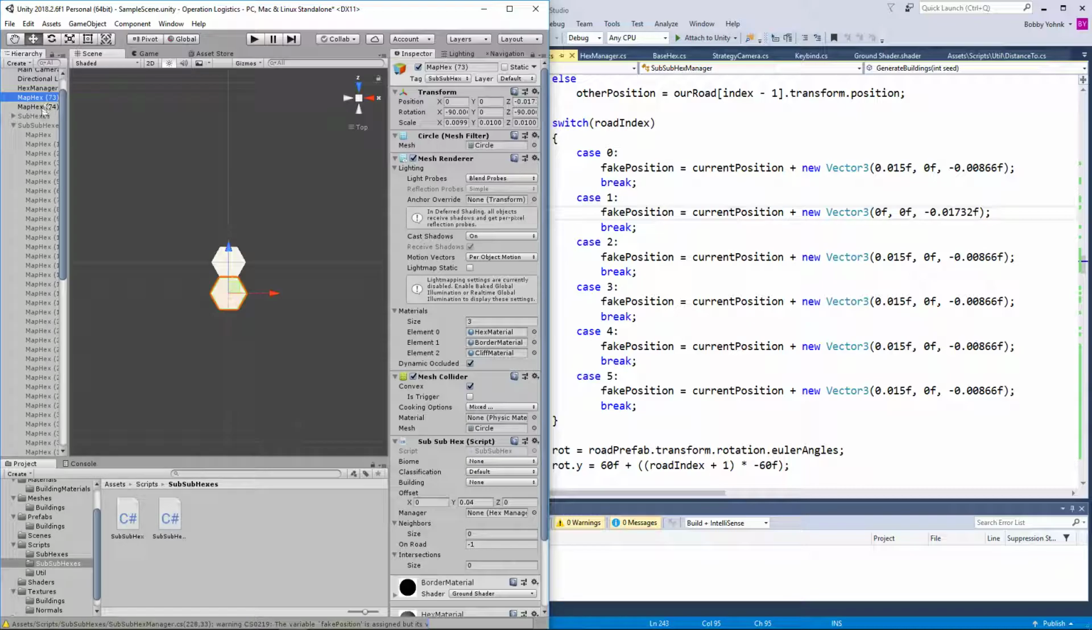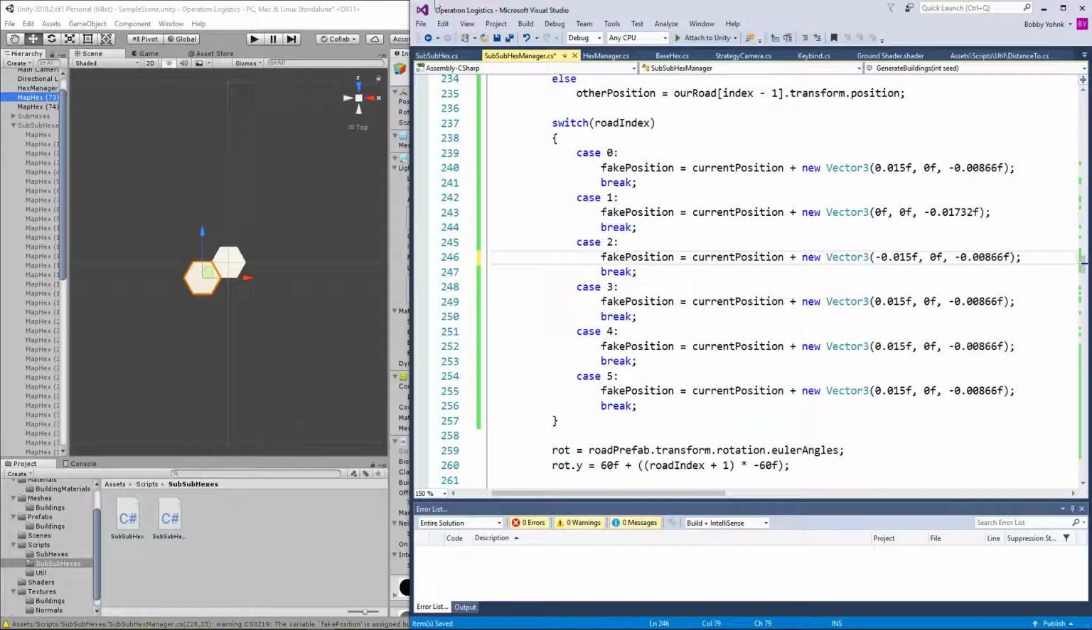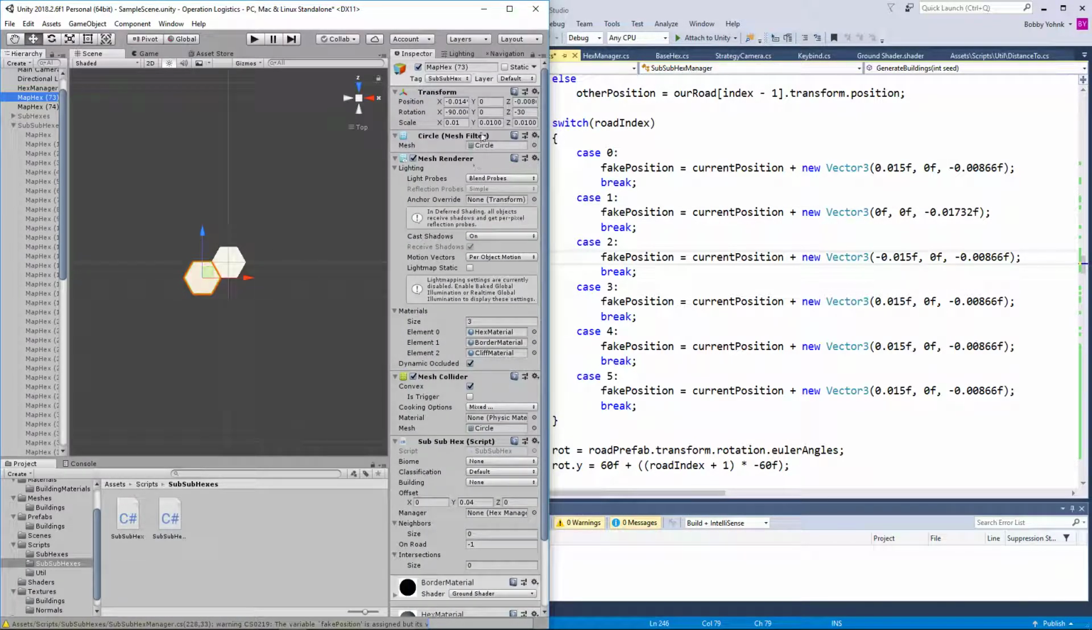Oh, come on. You don't have to compile every time. Let's just add 60 degrees. 330. Excellent. So this should be the inverse of this. Negative 0.15f, but it's still negative 0.866 because we're still down. So yep, that is perfect. And let's go ahead and add in another 60 degrees. So then case